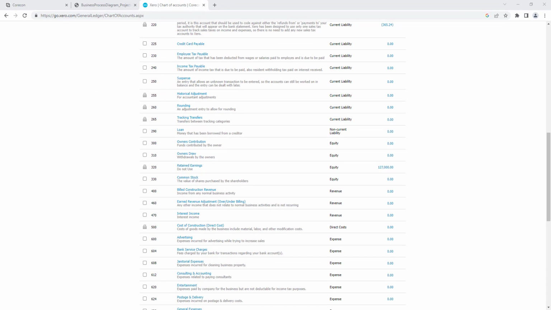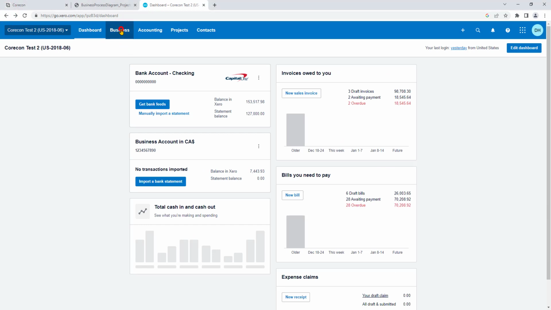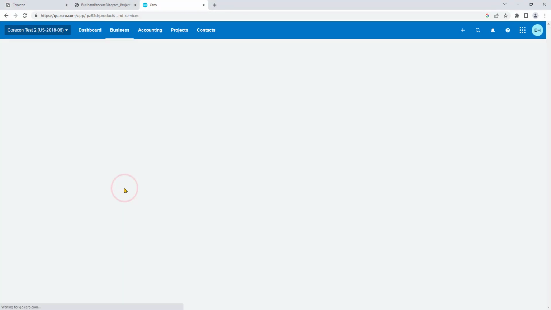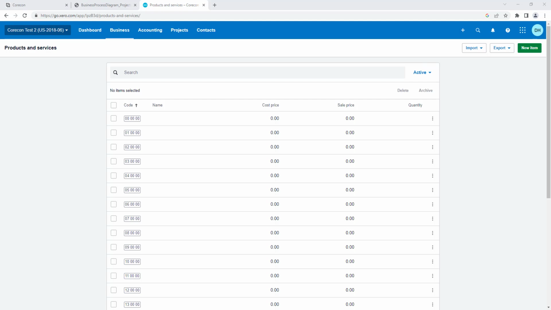Now let's go to the service items. To find these, go to the Business tab and down to Products and Services. We'll be discussing different options you can use to create these non-inventory items in Xero, which will control how information flows from Corecon and into which GL chart of accounts that information will end up in. These options are discussed in another video, the CoreconLink to Xero sync preferences. Just to open one of these items,